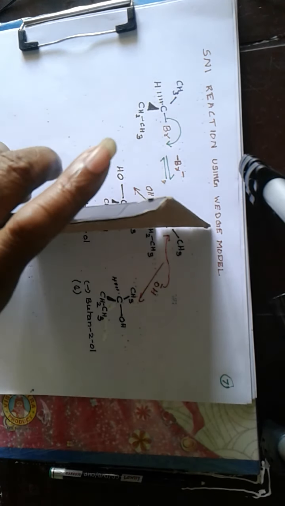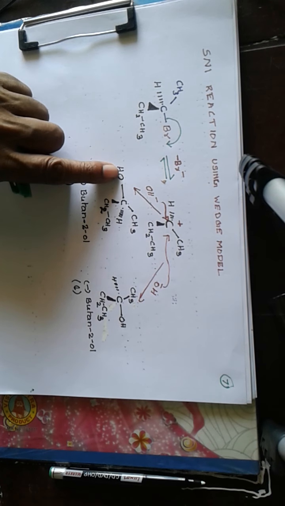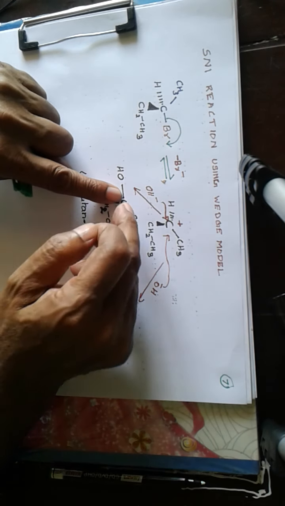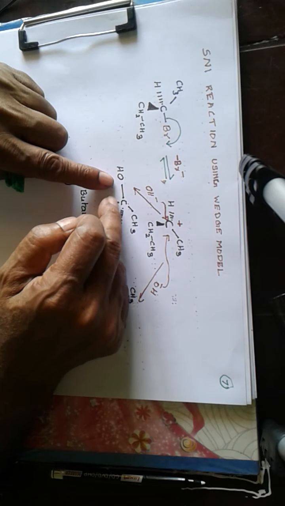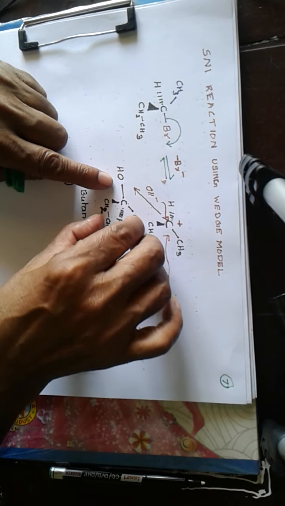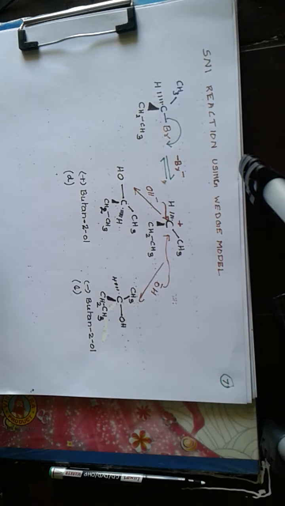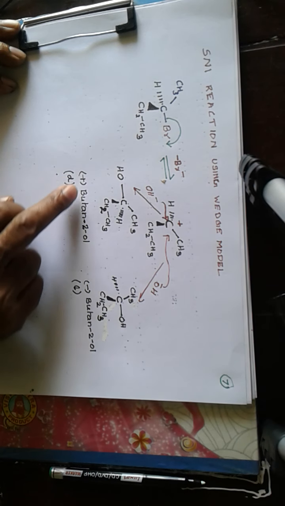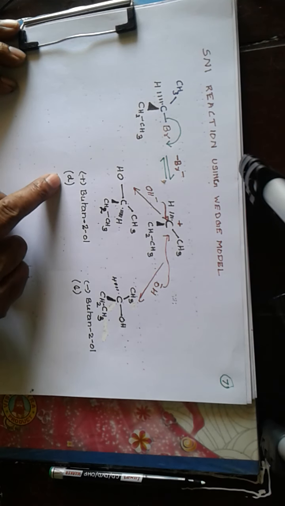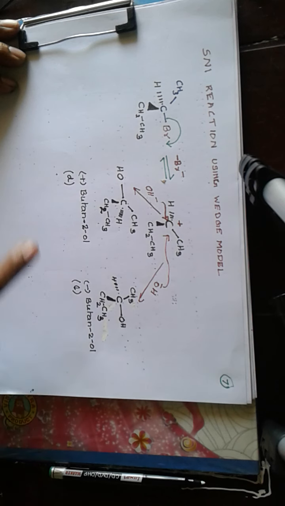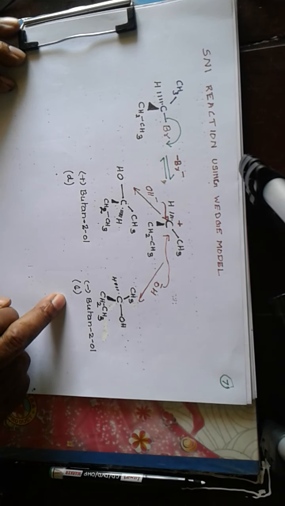And this happens to be an isomer with levo-rotation or negative sign for rotation. Then when OH negative attacks from this side, the groups hydrogen, ethyl and methyl are repelled in the opposite direction, and we get this structure, OH connected to this carbon. Then methyl, hydrogen and ethyl are repelled in the opposite direction, and that happens to be plus butan-2-ol, which is dextro-rotatory, and this is levo-rotatory.